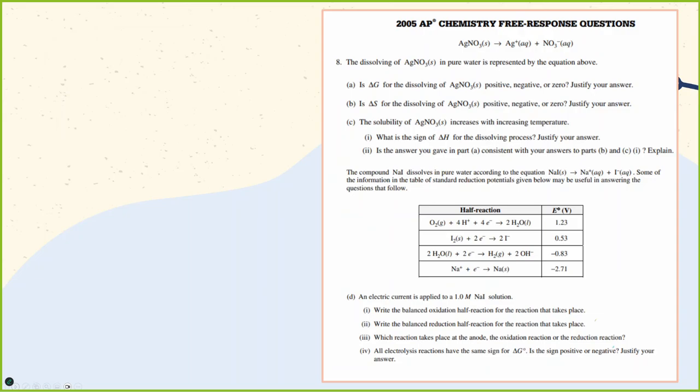All right, so now we're looking at the compound sodium iodide dissolving in pure water according to this equation. Some of the information on the standard reduction potentials may be useful in answering the questions. Electric current is applied to a 1 molar sodium iodide solution. Write a balanced half reaction and so forth. Okay, so,